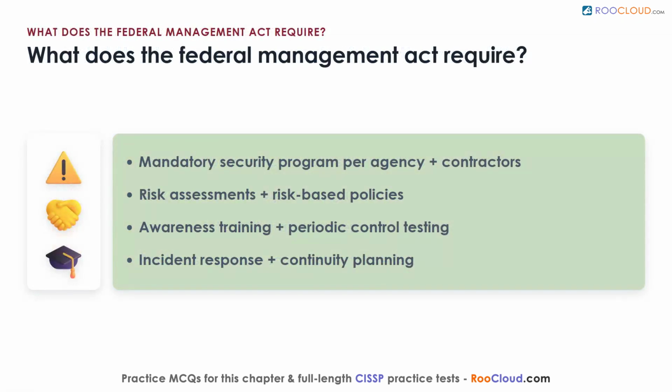What does the Federal Information Security Management Act require? It forces every federal agency to run a real information security program. That program has to cover the agency's own operations and the work of its contractors. It also lays out the ingredients of an effective program through official implementation guidelines. Those ingredients include regular risk assessments, policies grounded in that risk, security awareness training, periodic testing of controls, incident response procedures, and continuity planning. Picture a mandatory health checkup for a whole agency, repeated on a schedule, with the results